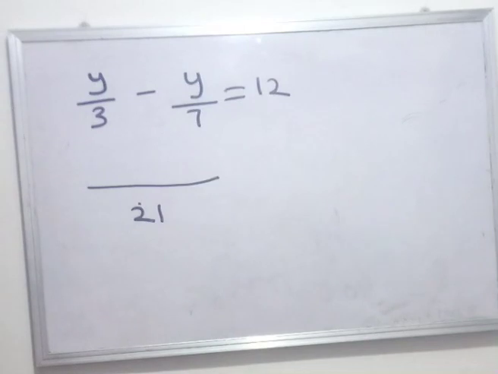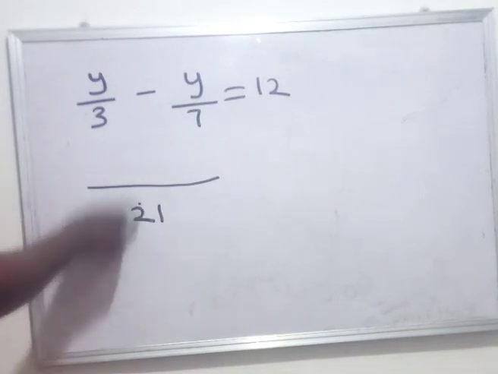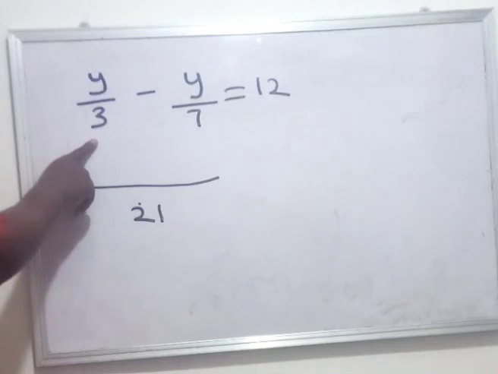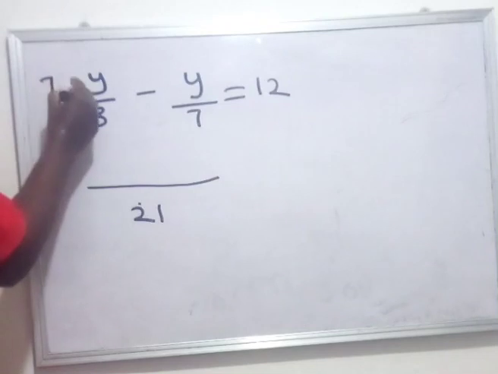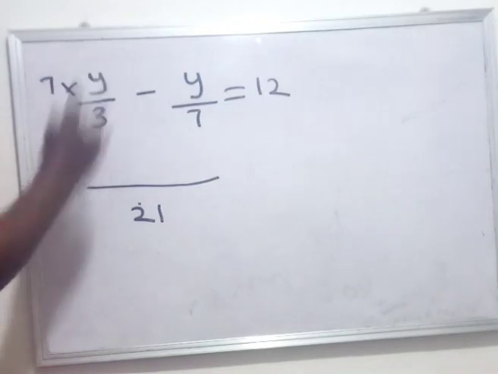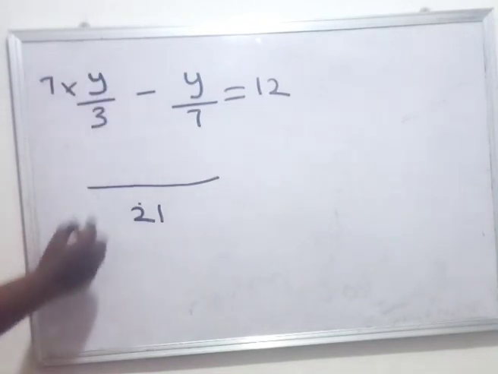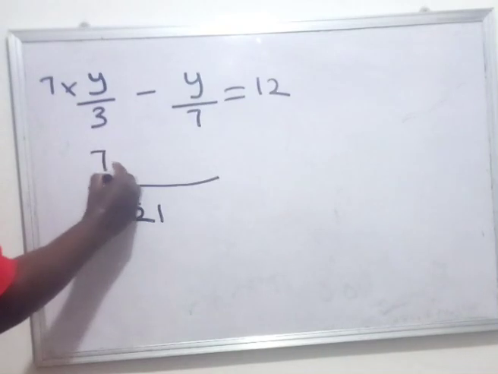Alright, now we've gotten the LCM of 3 and 7 as 21. What do we do next? We simply say 21 here divided by 3 gives us 7. So that 7, we can multiply it with y. 7 multiplied by y gives us 7y